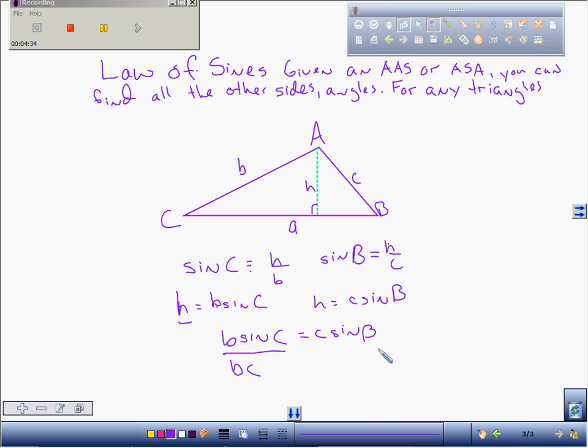What cancels out from here? A c and a c. And what cancels out from here? A b and a b. And so what I end up with is that the sine